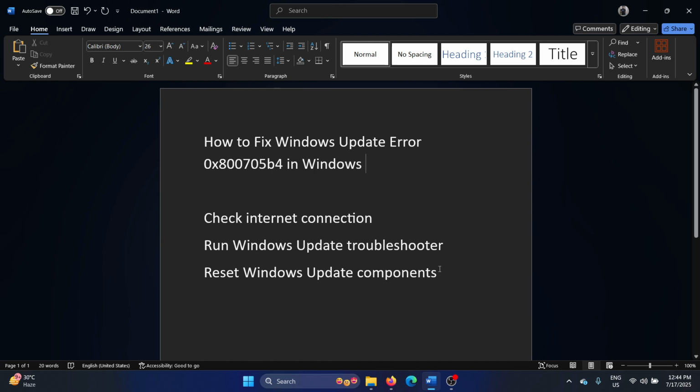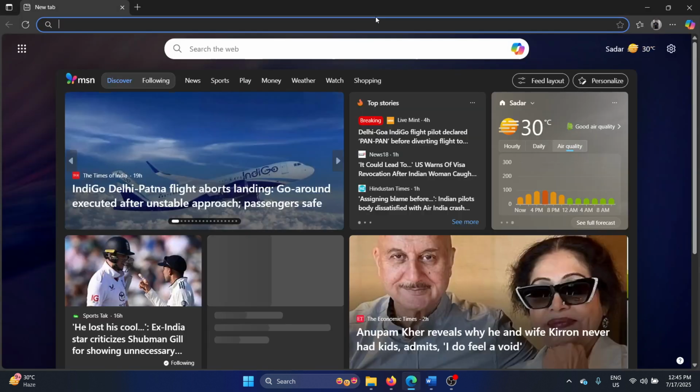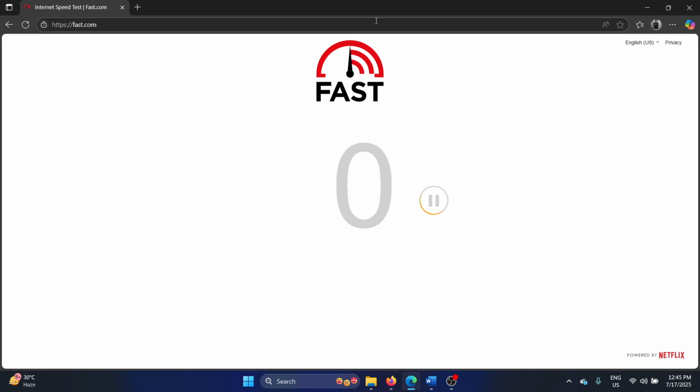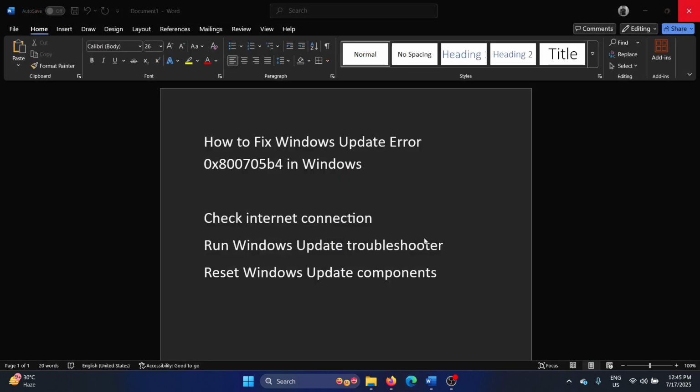First of all, check the internet connection, whether it's working or not. So go to fast.com and hit enter. Check the internet connection speed. Is it good enough? If yes, then move on to the next solution, which is to run the Windows Update